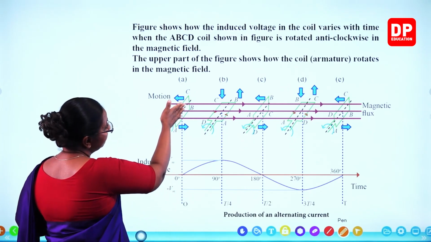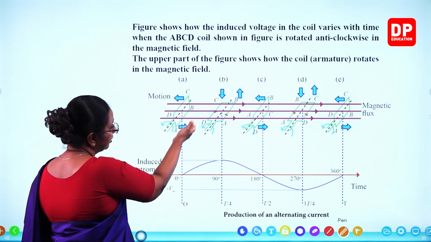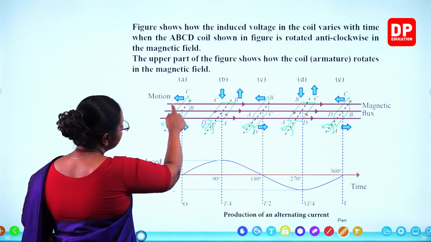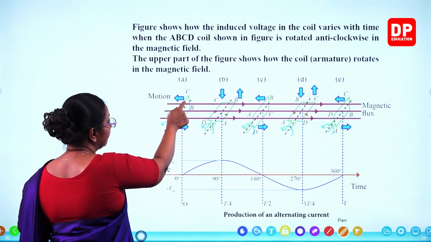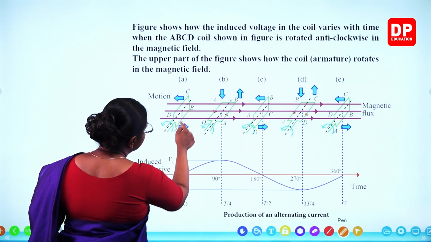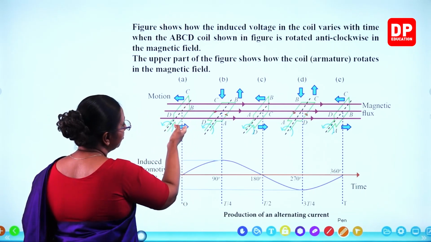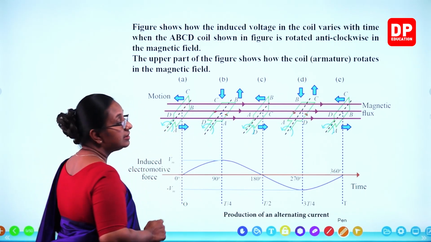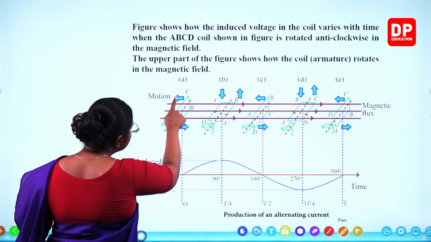So then when it is like this, it's going to rotate this way. So the CD arm is going to move that way. So the force is acting towards this direction. While the AB part is going to go that way. So the force is this. Now in this instance,